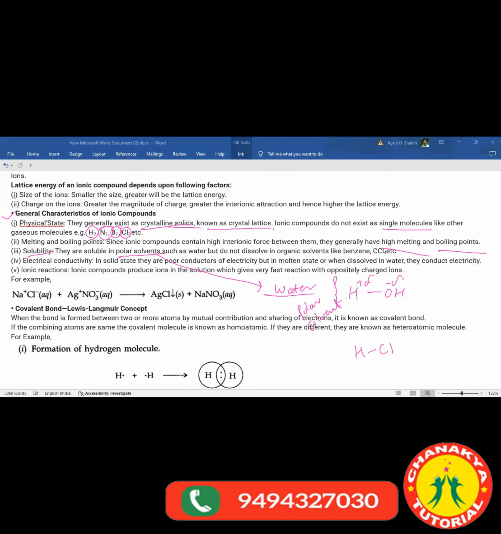HCl is also a polar solvent. H2SO4 is also a polar solvent, correct? Yes or no? Because H plus and Cl minus, and here it will be H plus and sulfate minus 2, correct? So these are all polar solvents. But then if I take a